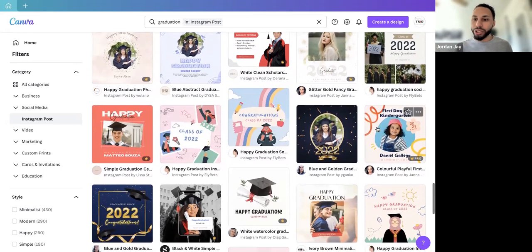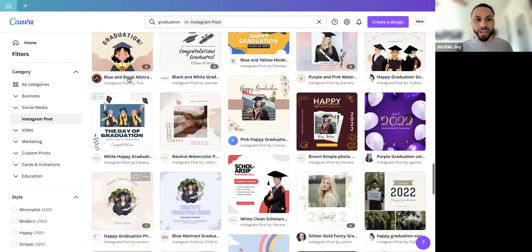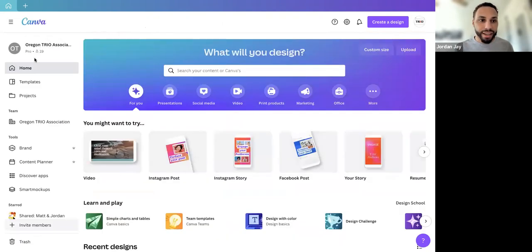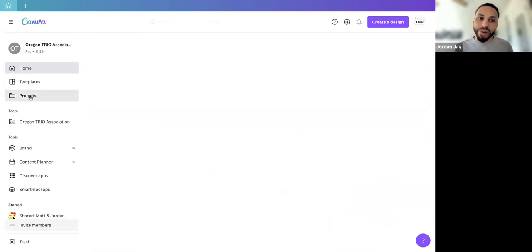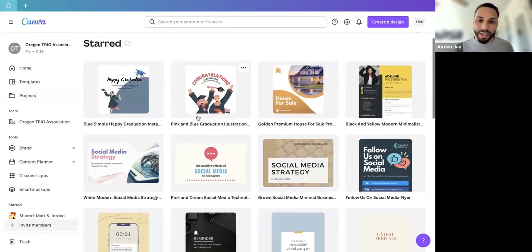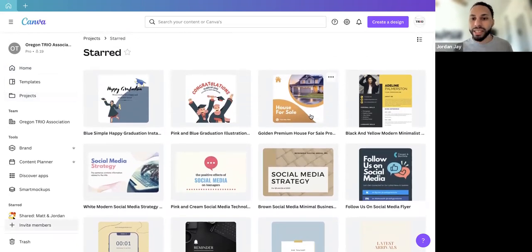Once you choose a template, let's see, I think I'm gonna go to my starred actually. I'm sure there's one in there that I will like already. Oops, going to projects, starred. So there's the ones I was clicking on. Oh, here, this is a good one. This one's a good example because it is what I do a lot.